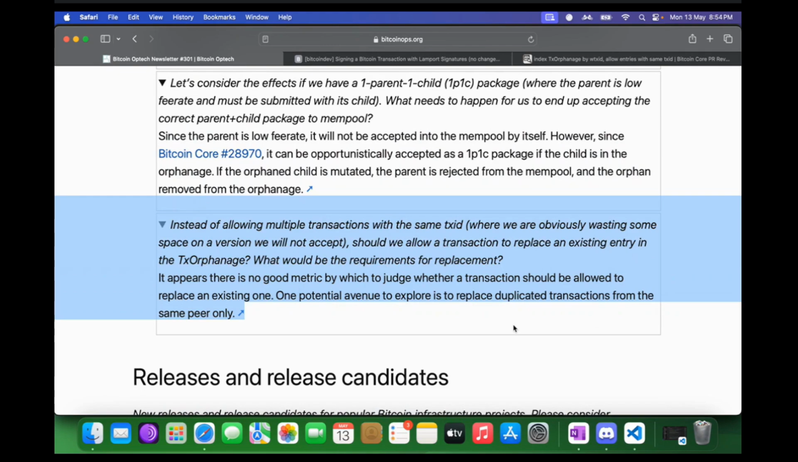One potential avenue would be to replace duplicated transactions from the same peer only. Okay, so one possible solution could be that if the same node sends you two orphan transactions with the same TxID, then you replace the second one with the first, because there is a high possibility that the node first sent a transaction which was invalid, or wants to invalidate that, or wants to replace that for some reason, and that is why it again sends the same transaction with the same TxID. So this could be an inclination towards going to that mechanism. But as of now, the only thing we can do is allow those orphan transactions with same TxID to coexist